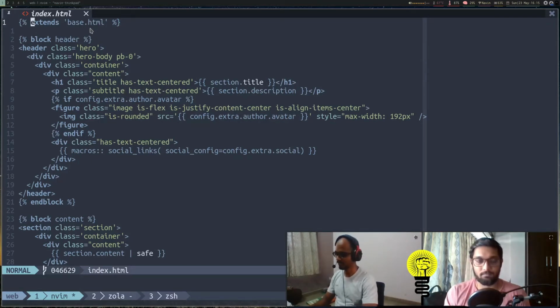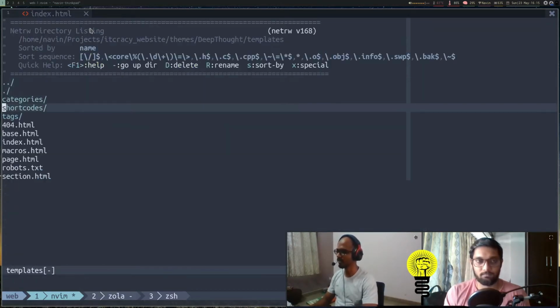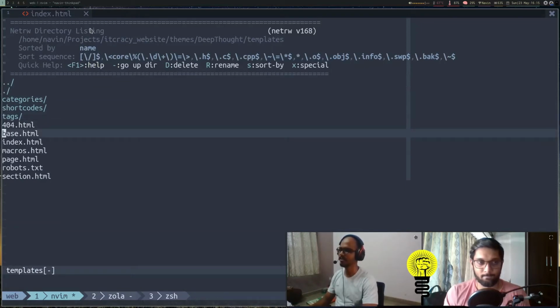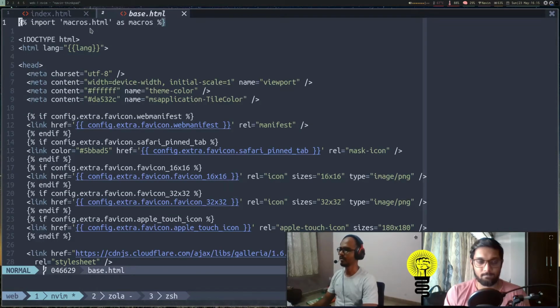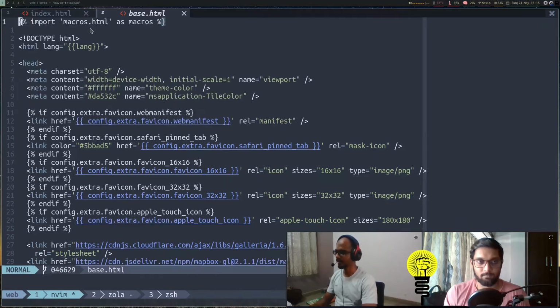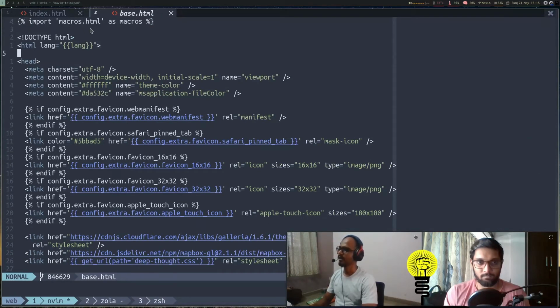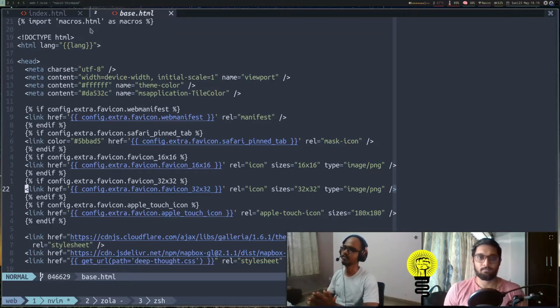So let's first open base.html, and it's in the same location as index.html. We'll open it, and now you can see that there is more HTML here. It has a head tag, meta, link, etc., and it is also mixed with Tera template language, which allows you to write if-else, normal programming syntax.